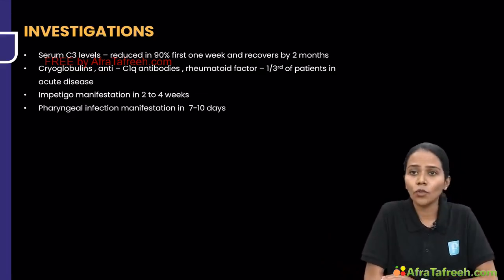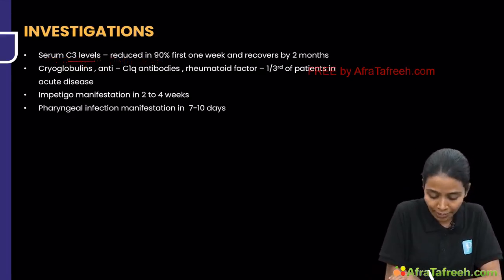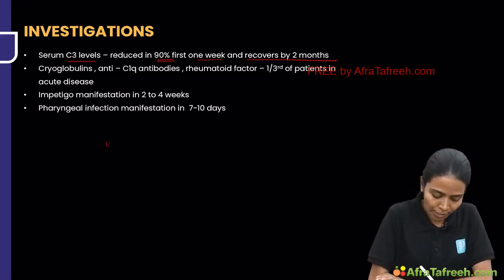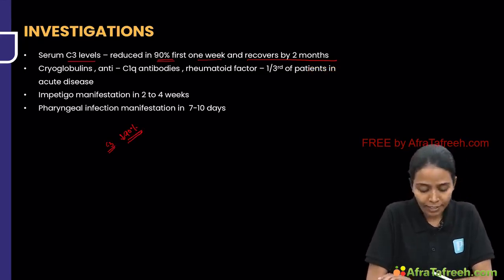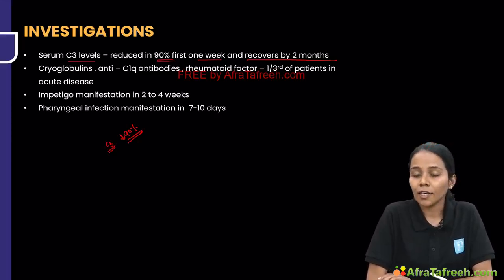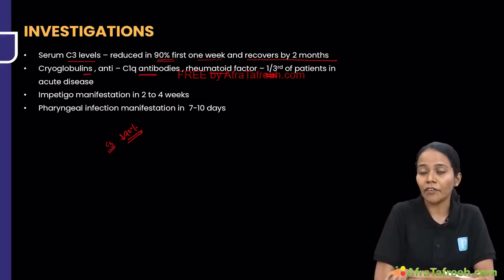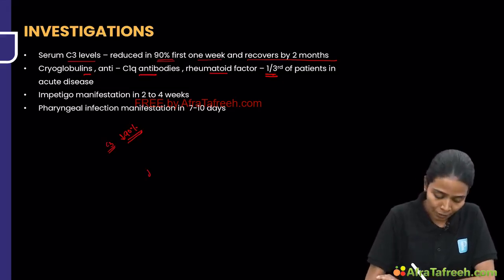Now, when you go to the investigation, the serum C3 levels are reduced in 90% by the first 1 week, and it generally recovers by itself by 2 months. Okay, so you do C3 levels, it is reduced in 90% of patients. Okay, so this is the alternative pathway, and it recovers by 2 months. Then, like I told, cryoglobulins, anti-C1q antibodies, and rheumatoid factor can be positive in 1/3 of patients in the acute disease. Generally, in impetigo,